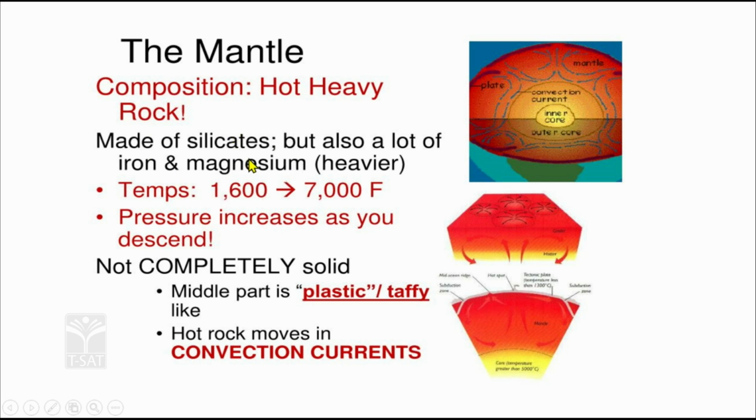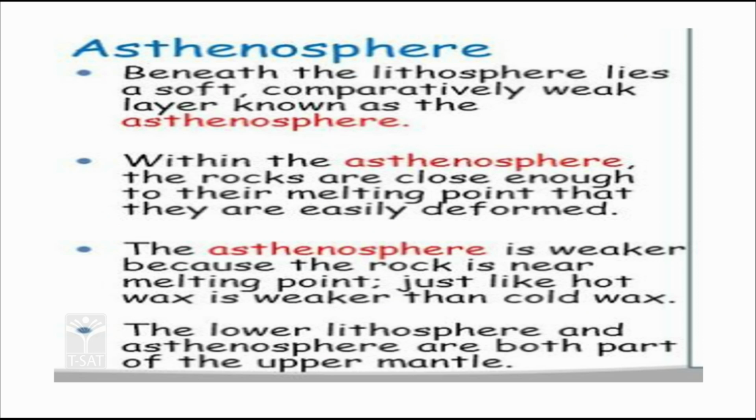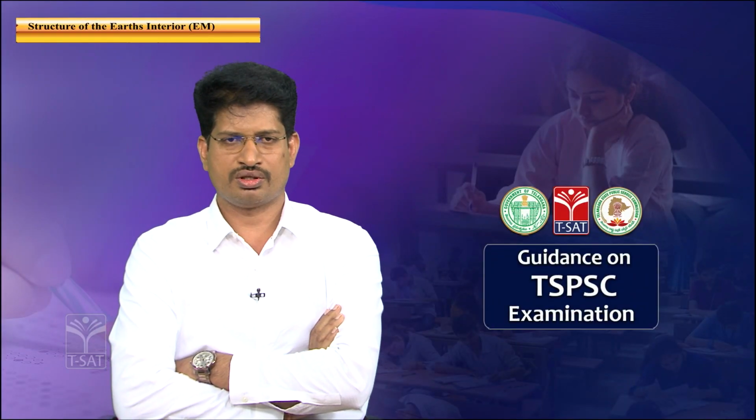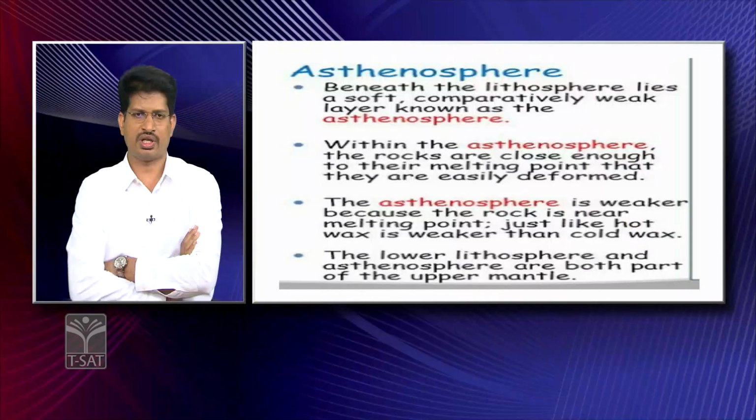The mantle is the second layer, which is divided into the upper mantle and the lower mantle. The upper part of the upper mantle consists of the asthenosphere, which is in a plastic state. It means that it can be deformed because of the pressure and temperature conditions. The upper part of the mantle has been described as the asthenosphere. So how is it described?